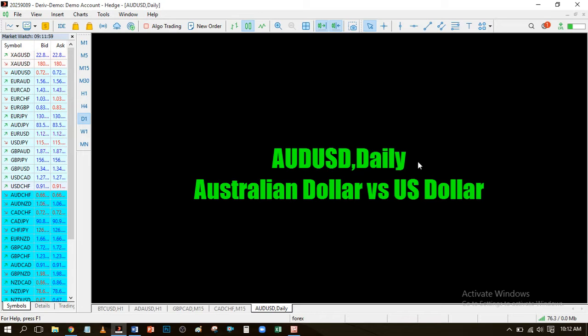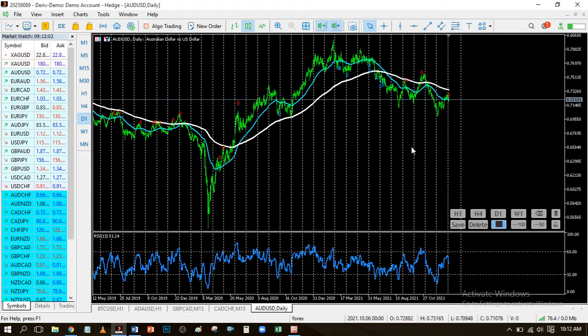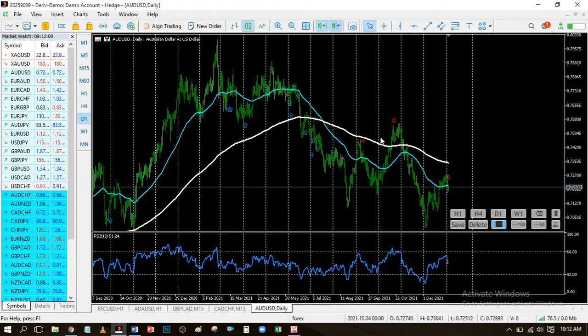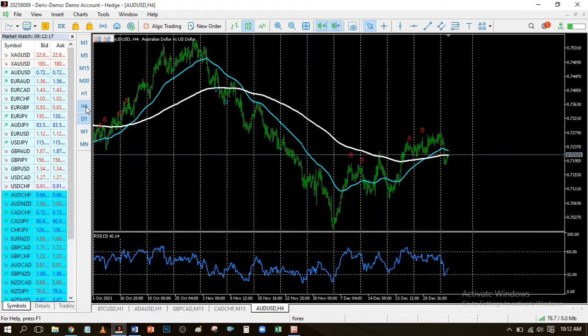Let me just give this a little bit of time to load. All right, now you can see that it's still in a downtrend right here. So since it's a pullback I'm trading, I'm just going to be extra careful. I'm not going to be trading for too long. I'm just going to be looking for maybe a short trade, not scalping, just an intraday trade, that I shouldn't be spending more than maybe an hour or two on.